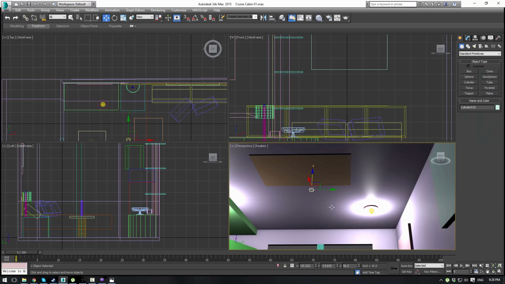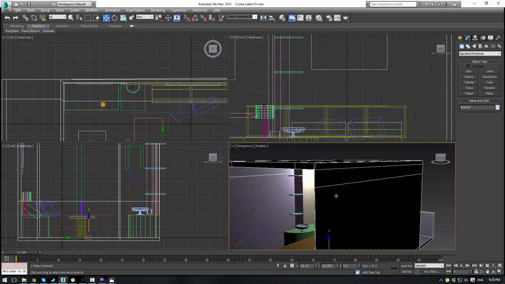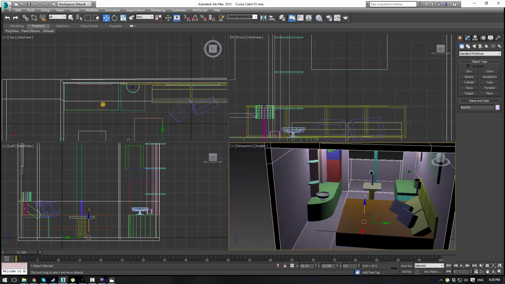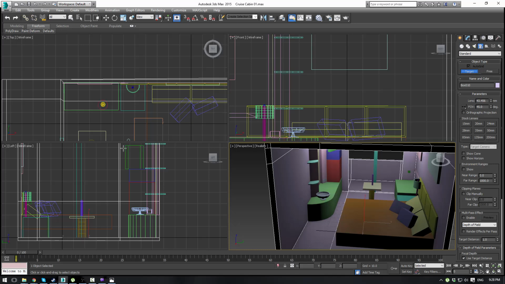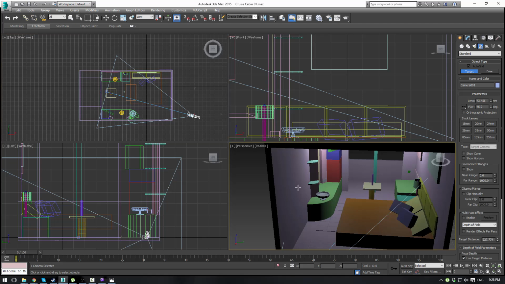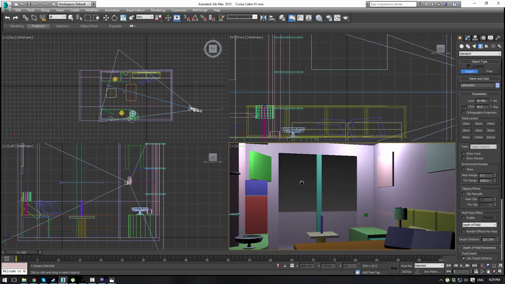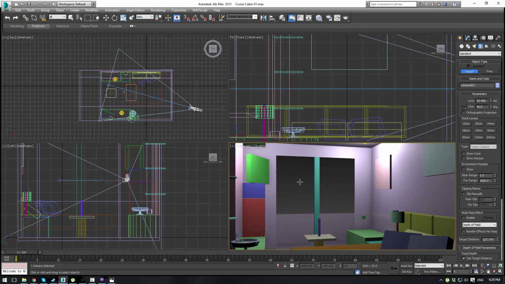Alright, so let's see what else we've got to add here. We've got a pretty well populated room right now, and with most of the essentials. So I guess let's just add a, what do I want to add? I guess we can add a camera, target camera here, to our top view, and just sort of place it where we think it's going to exist. Okay, press C, and we'll just sort of try to get our view to look similar, and we can